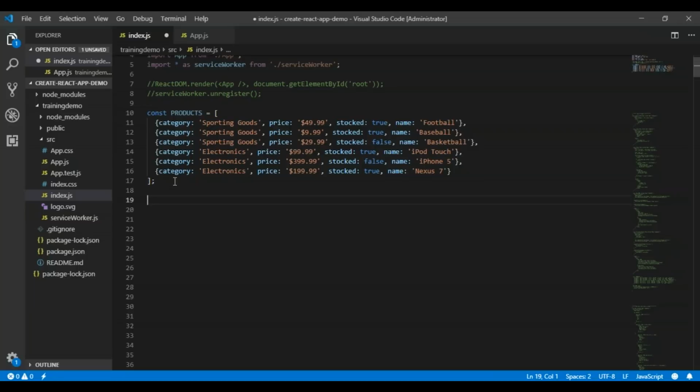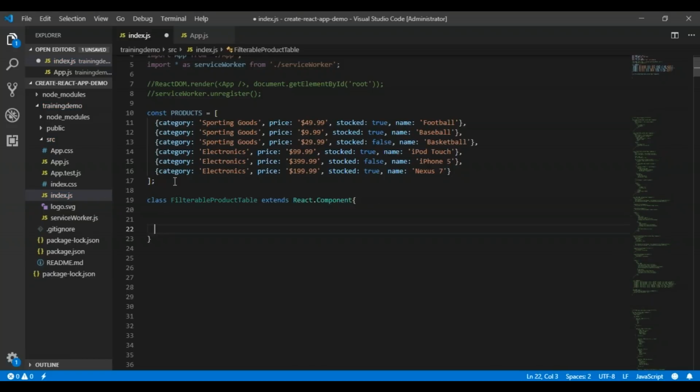In this, first I have to create a class component, the outermost, that is the orange one, with the name FilterableProduct, and I'm writing extends React.Component. So this will be my parent component. Out of the 5 components, this will be my parent component. So I'm just writing the constructor for this class.